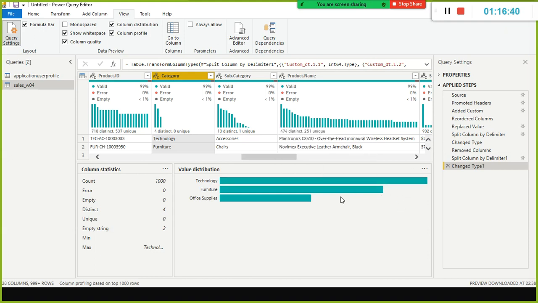Likewise, you can infer the distribution, and it also gives you how many empty strings there are and how many distinct values there are in this category. Look here, since we have the empty string, in total we have only 3 distinct values, but it includes the blank value also, hence it is 4. Right, so these are all the things.